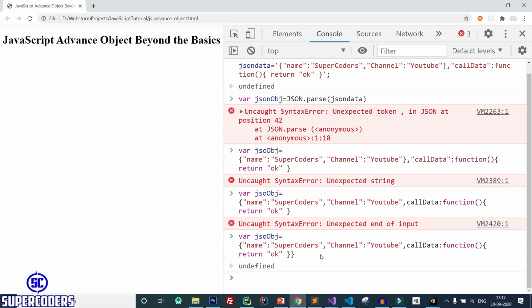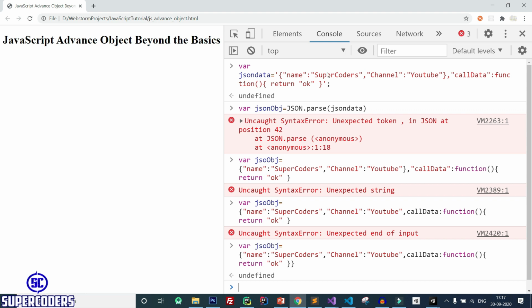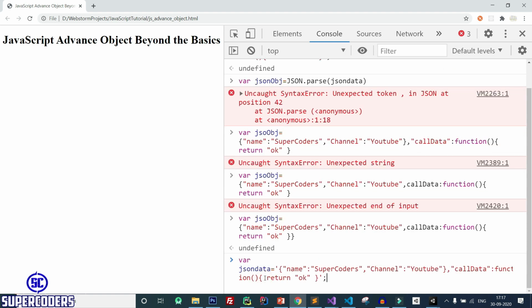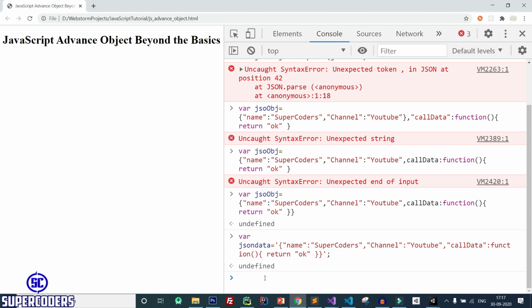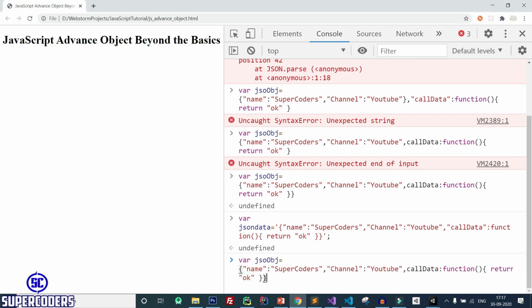You can see I created a function in a JavaScript object, but here is a syntax error. I think that's why it's not working. So just copy this again and try again. Let's see. Delete this comma or closing and close it here. Enter and let's store it.